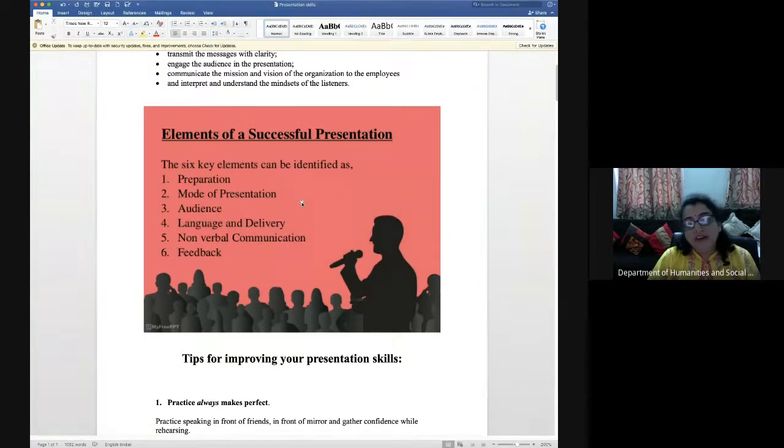The second level of audience could be international or national. If the audience is national or local, you can use your own dialect, and the language you can use could be of a general type. But when you are dealing with an international audience, then you have to improve your knowledge of language also, because they cannot understand the local dialects, and they cannot understand the examples which are very famous in India.